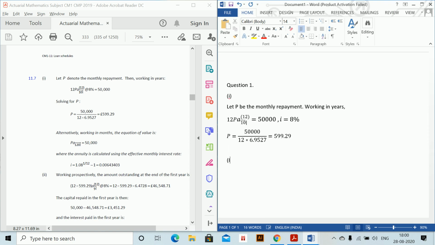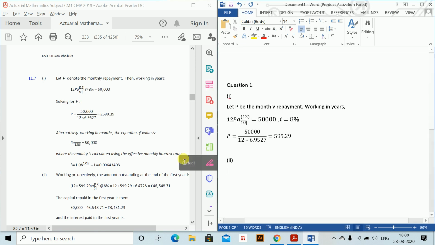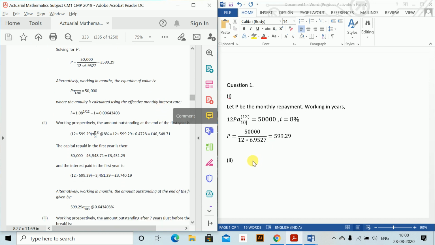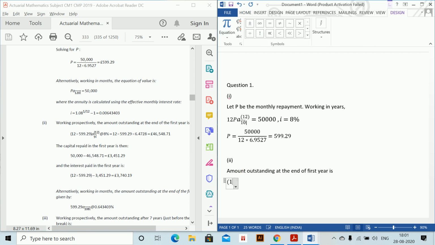Now part 2 asked us to calculate the amount of interest paid in the first year. So we'll work prospectively. First, the amount outstanding at the end of the first year is, so Alt equals 12 into 599.29 into brackets close, again Alt Shift B,